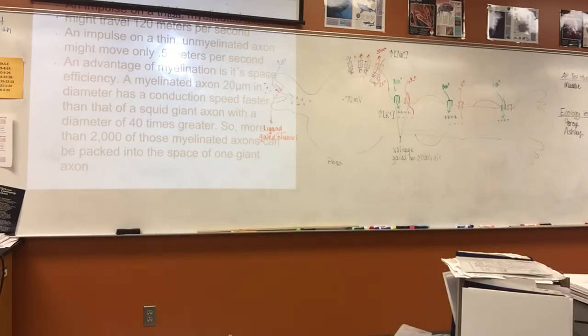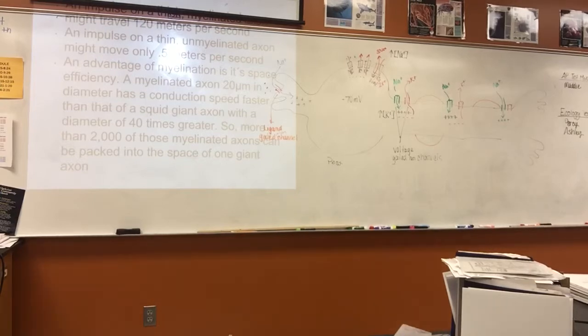And so they studied a myelinated axon like ours, and the axon of a giant squid, which has about 40 times greater diameter than a vertebrate axon. What they found is that the myelinated axon is actually faster than the 40 times greater diameter axon of the squid, and it's more efficient for us to have thinner axons with myelination than larger diameter axons, because